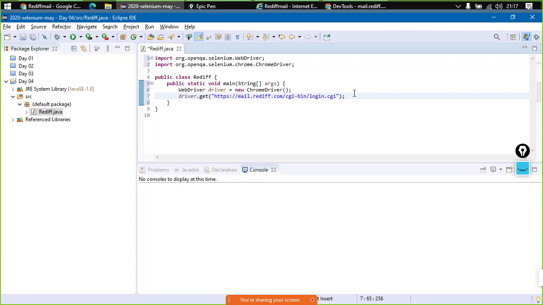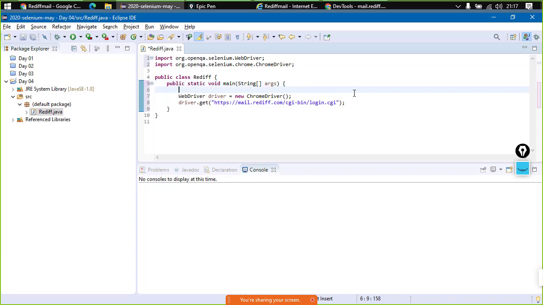Now what's the best thing we can do? We can provide comments. Why comments? Because whenever someone is reading the code, he should be able to understand what is going around, right? So initializing browser, right?